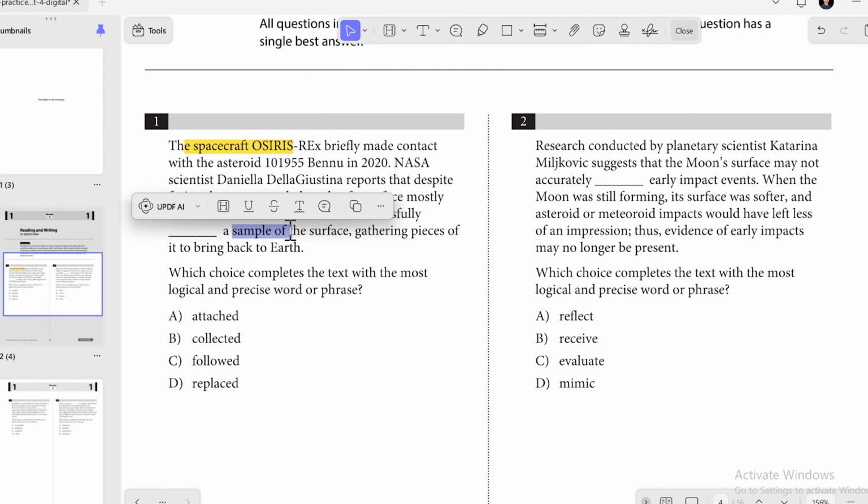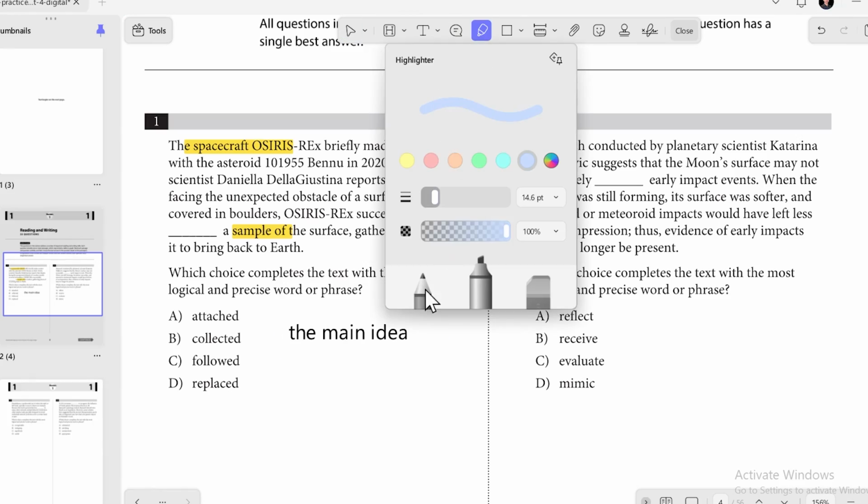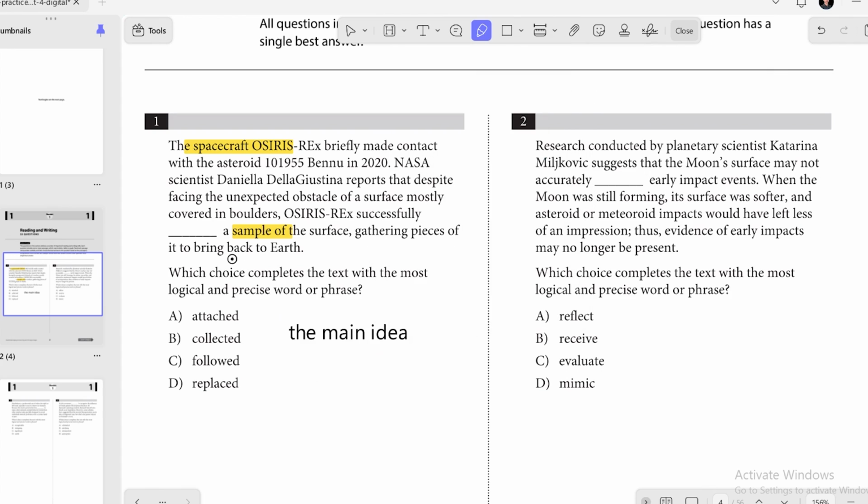UPDF gives you sticky notes, text boxes, underlines, and even drawing tools. So whether you're tackling a brutal history digital SAT passage or dissecting a math word problem, you can break it down your way. In fact, research shows students who color code with intention retain up to